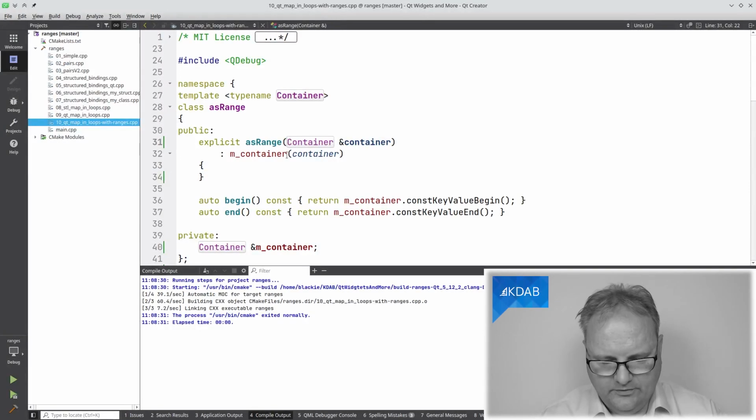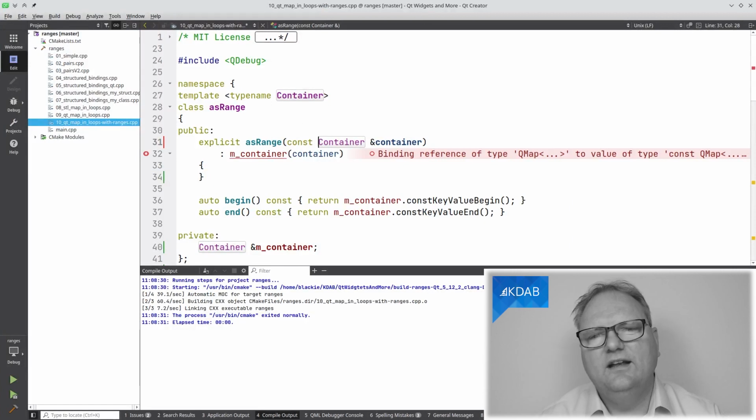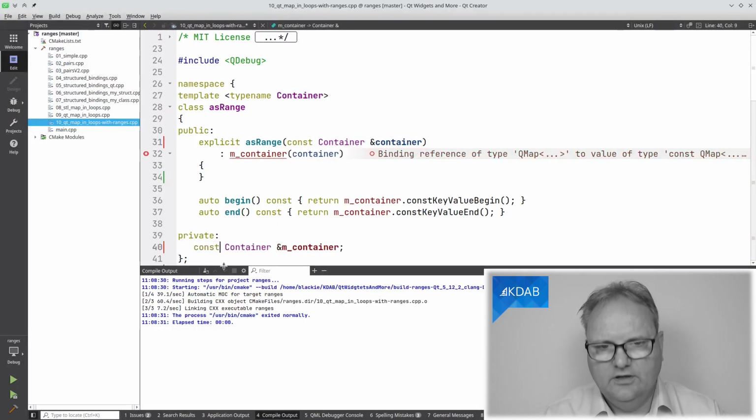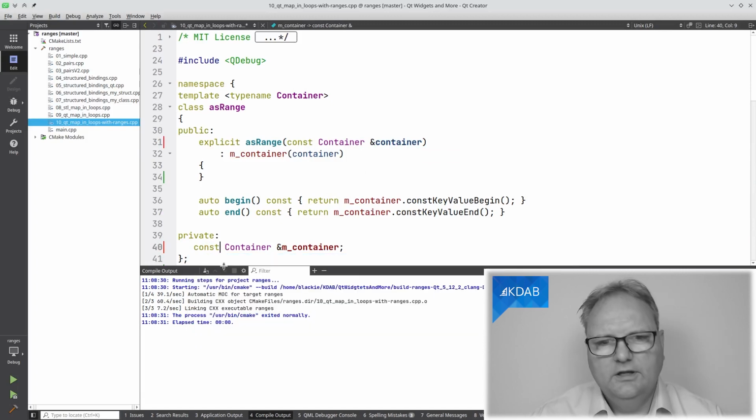Let's start with the const in the S range. The const I'm referring to is here. Why didn't we take a const container reference? And yeah, I need to make this one down const here too. That's cool. But why didn't I do that? That's what you usually do when you have something and the container is going to be accessed via const key value. So let's see. It does compile. Why? I must have been drunk.